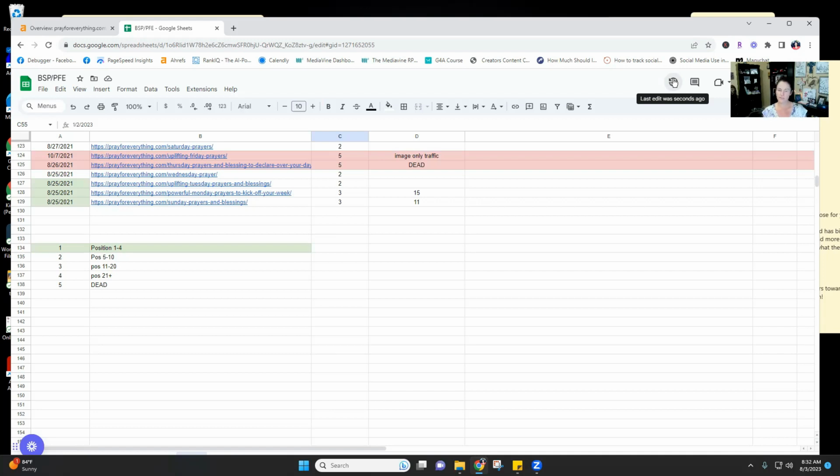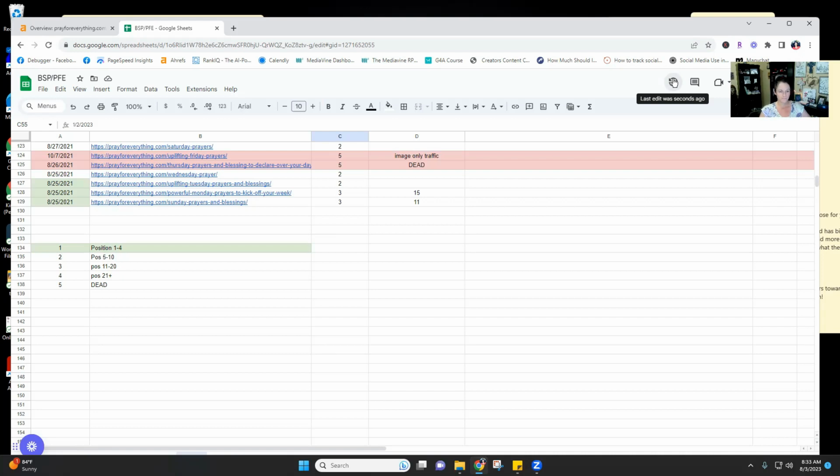And we're gonna hop over and I'm gonna show you exactly what that looks like. Category 2 is still on page 1, but it's position 5 through 10. So it's at the bottom of page 1. On these, you may get a trickle of traffic, like maybe 1 or 2 visits here and there, but it's because it's at the bottom. Studies show that there are more clicks to the things in that 1st through 4 position, maybe 5 position, but